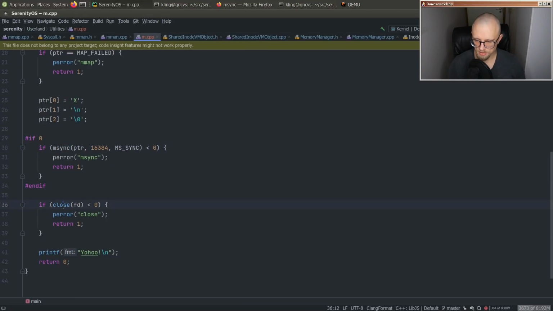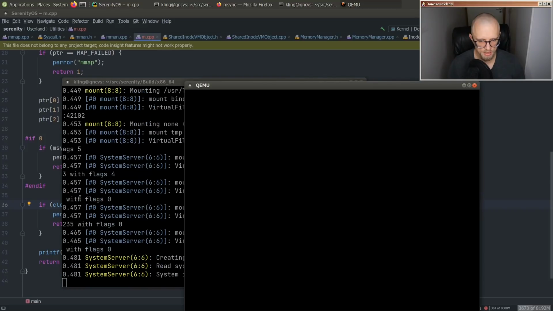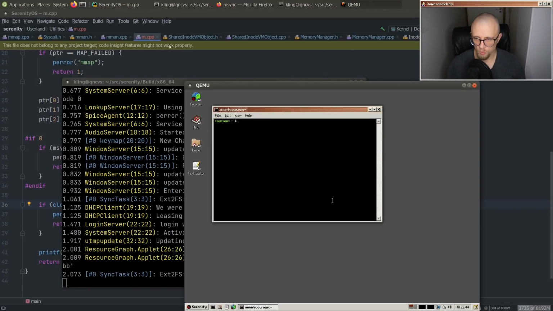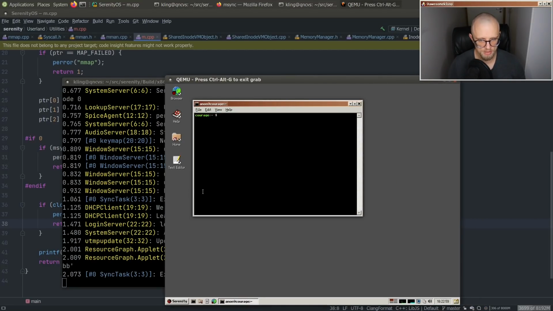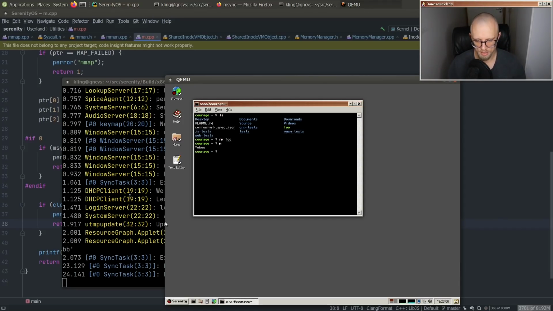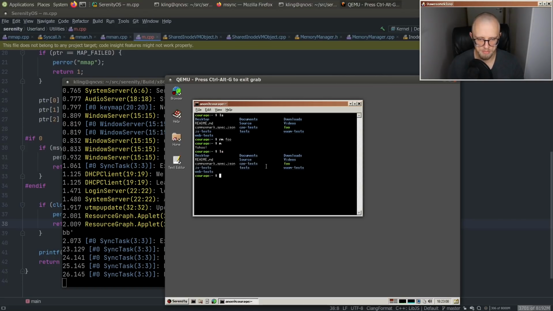So I'm thinking, as a simple first cut, completely unoptimized, what if when we tear down the shared inode VM object, we just sync it, like write everything out, if it is writable. It's definitely not optimized, but it should get the job done. So first we have to remove that, of course. So now we say yoo-hoo, but if we cat foo, it doesn't have the X newline that we put